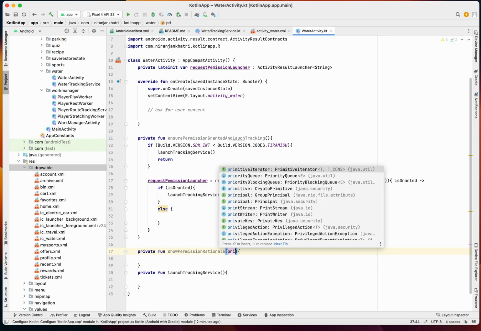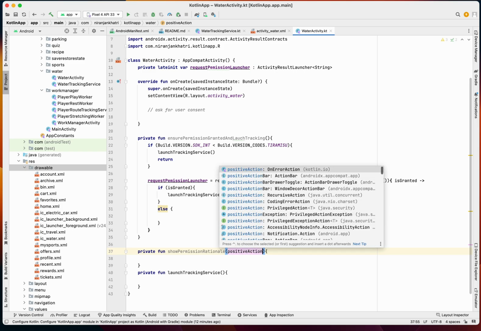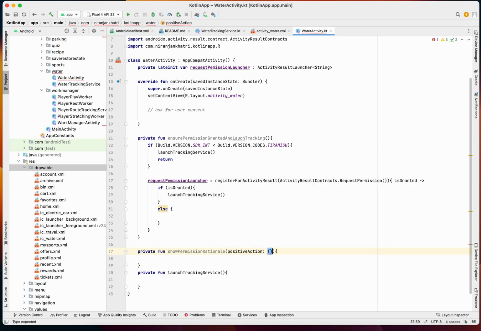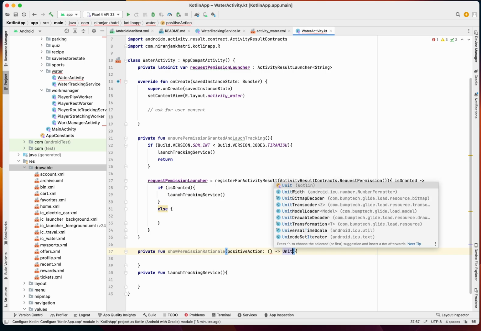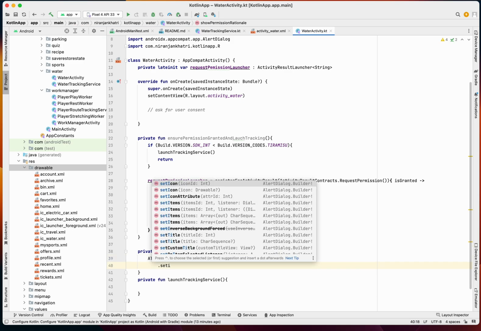So it's a positive action, and is a unit, and so here we have an alert dialog builder, this, title,